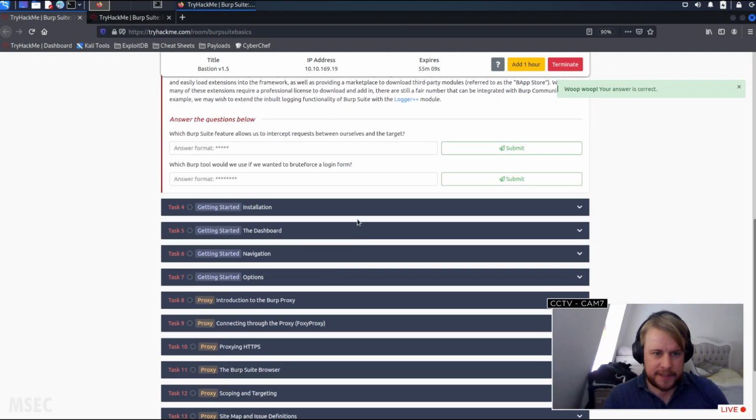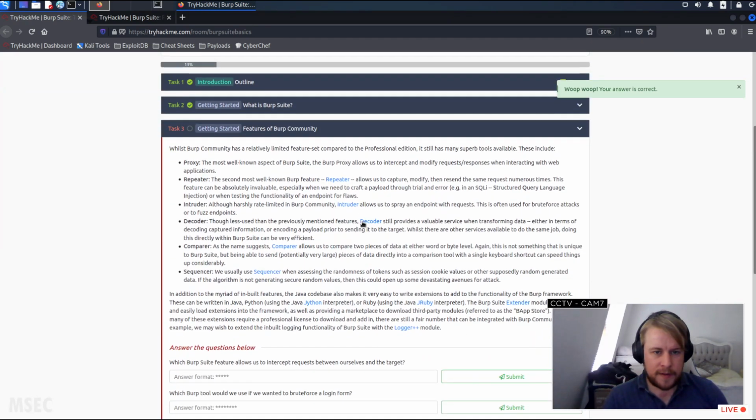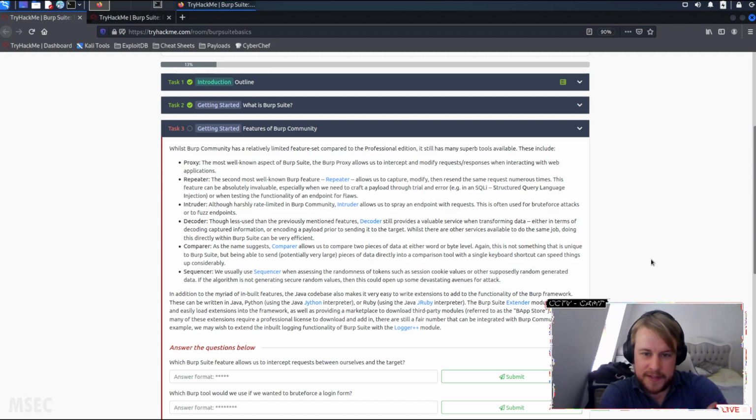Right, task 3. The features of Burp Community. While Burp Community has a relatively limited feature set compared to the Professional Edition, it still has many superb tools available. These include Proxy, the most well-known aspect of Burp Suite. The Burp Proxy allows us to intercept and modify request responses when interacting